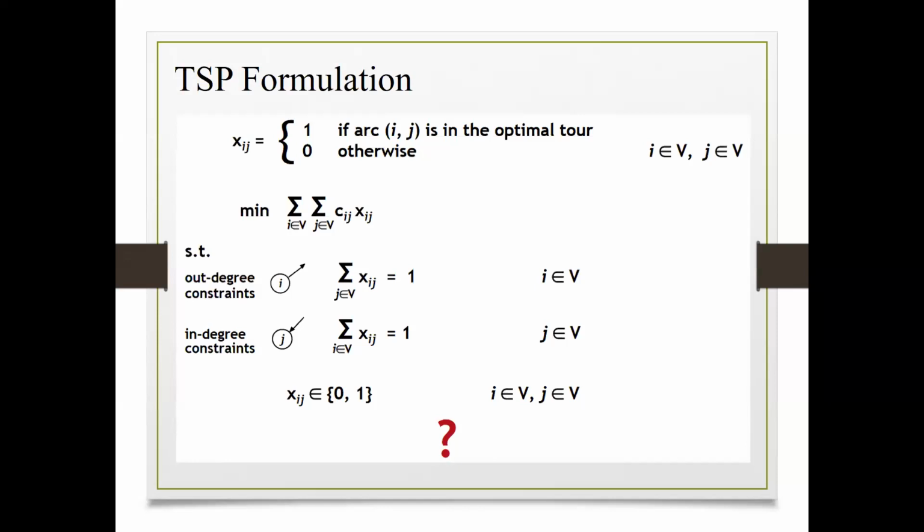That means there are cities 1, 2, 3, 4, 5, and I'm giving you the distance from city 1 to city 2, this is the distance, city 2 to city 3, this is the distance. So between every pair, I'm giving you the distance, okay? What you have to do is find the shortest route or shortest path that visits each of